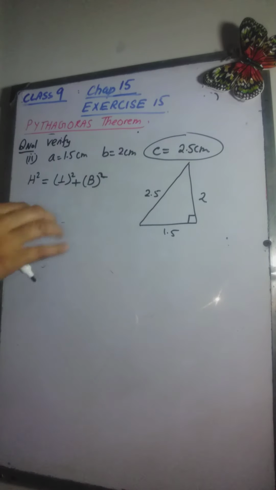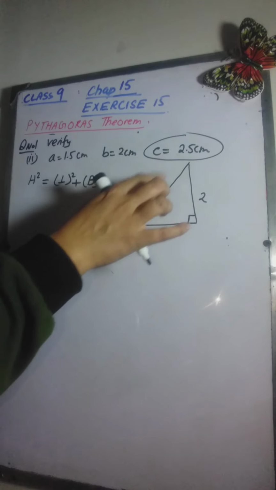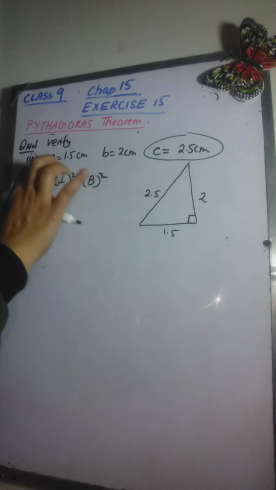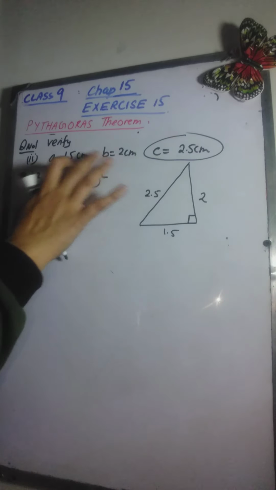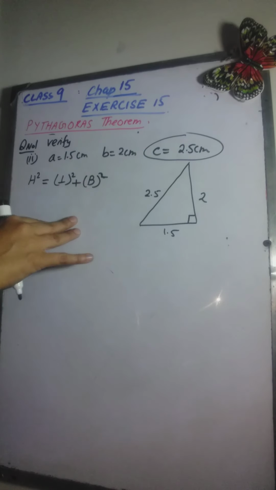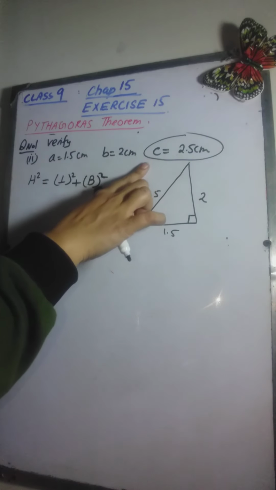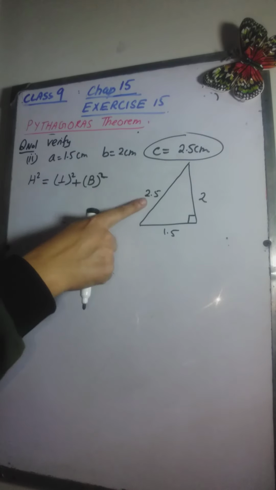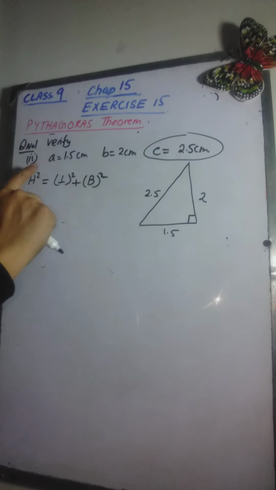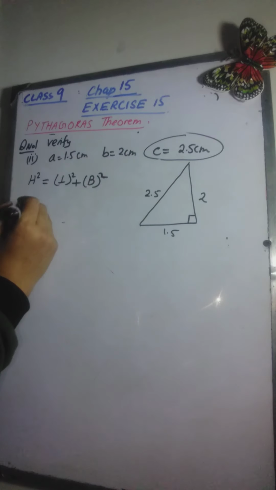Always remember that the hypotenuse is opposite to the 90 degrees, and its measurement will be the greatest of all these 3 sides. So if it is a right triangle, then the square of this length should be equal to the sum of squares of these two lengths, because every right triangle satisfies the Pythagoras theorem. So if we want to verify that these 3 lengths belong to a right triangle, they must satisfy the Pythagoras theorem, and the hypotenuse will be the longest of the 3 sides. Now let me find the squares of all these.